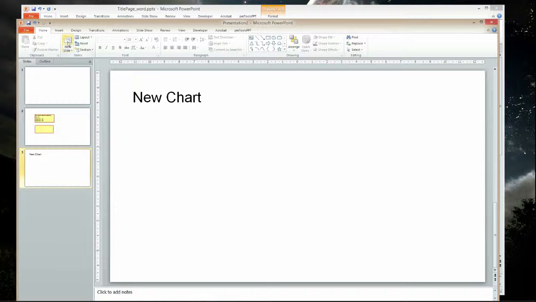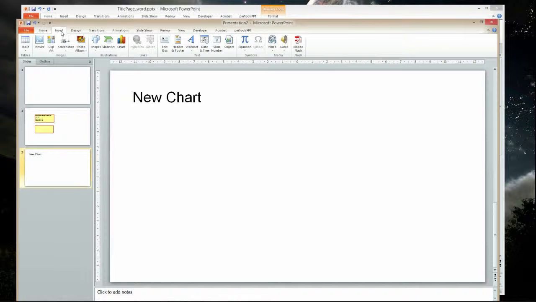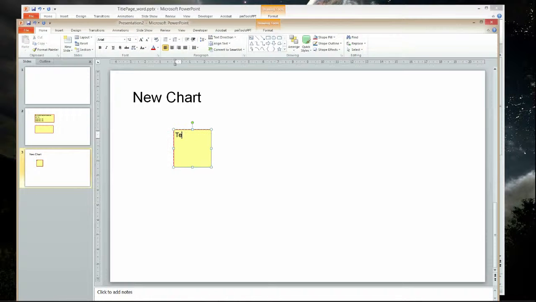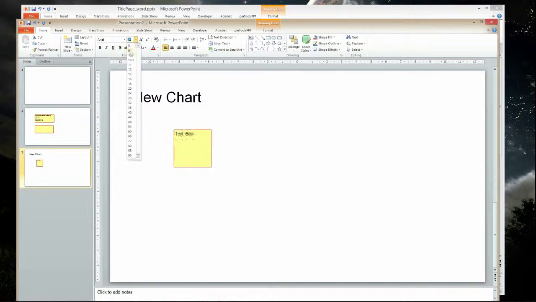Alright, let's insert text box. Bang! Now remember, we set our default text boxes before, so that's really a very useful thing. Text box. Now I think I might just change the size. I think the size of the font in here is just a little bit too big, so I'll change it